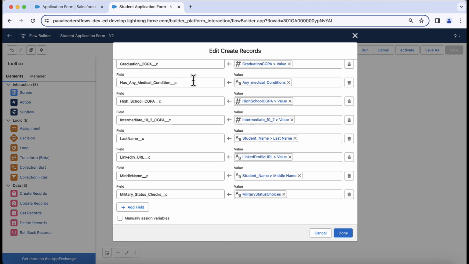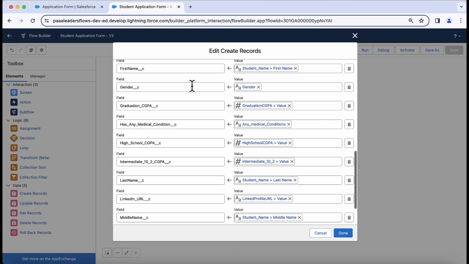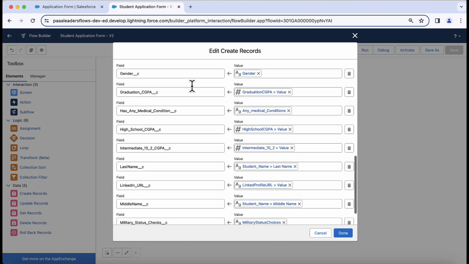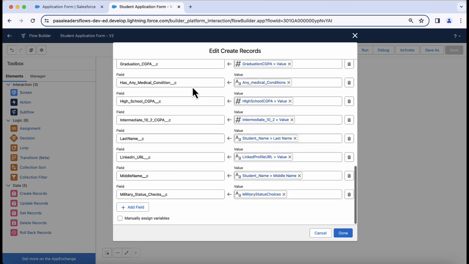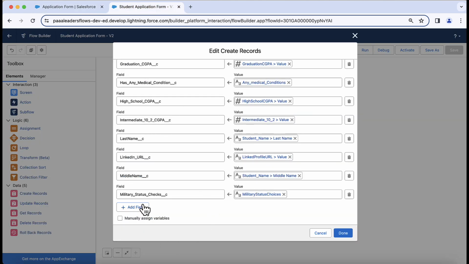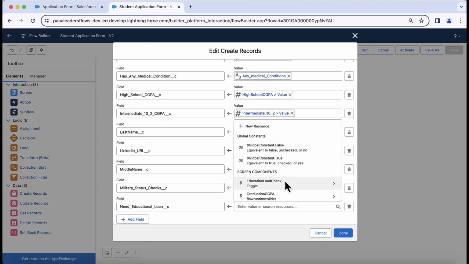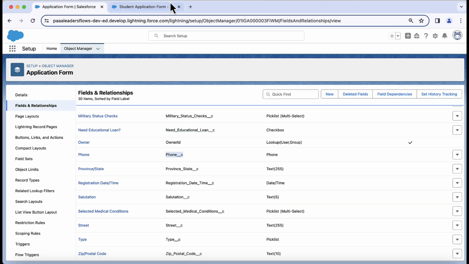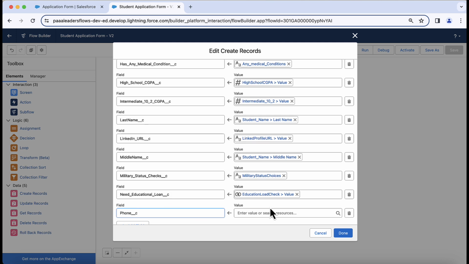So see, the intention of creating so many fields is to make you understand how different data types can be pulled out from the flow into the database, into the object fields. So we have considered checkbox group, text fields, sliders, toggles, everything we are taking under consideration, okay. And then you have one checkbox, need education loan. So education loan check value, and then phone, okay. So mobile phone dot value,